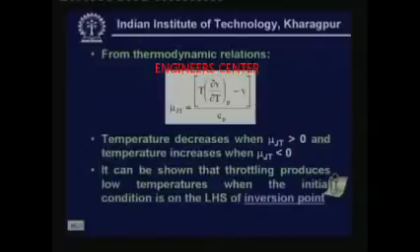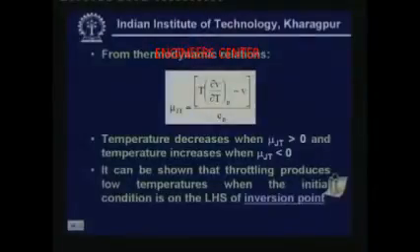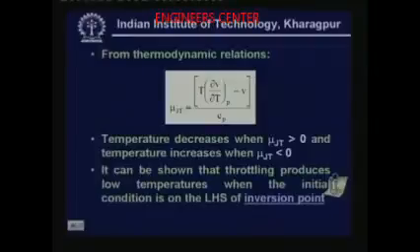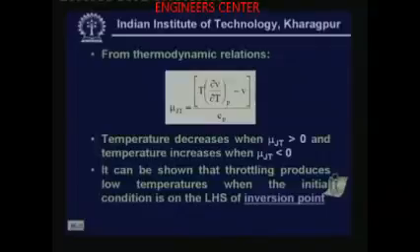From thermodynamic relations, we can show that the Joule-Thomson coefficient mu JT is equal to T times the partial derivative of V with respect to T at constant P, minus V, divided by Cp, where Cp is the specific heat of the gas at constant pressure, V is the specific volume, T is the absolute temperature, and the partial derivative of V with respect to T at constant P is the slope of an isobar in a volume-temperature diagram. So this is the expression for the Joule-Thomson coefficient, and you can easily see that